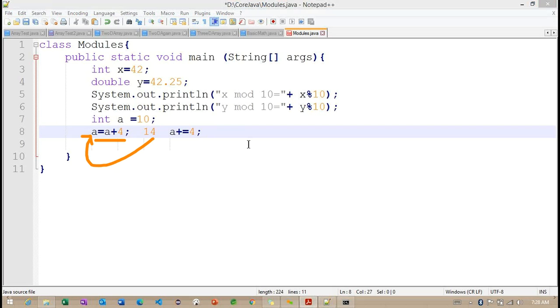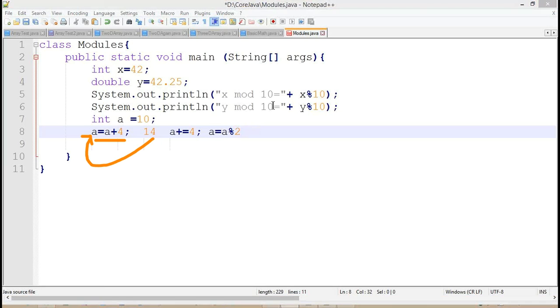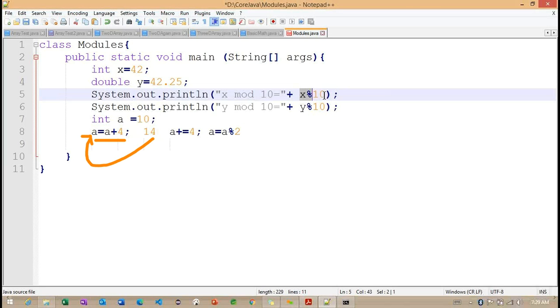Along with this, if you want to work with the modulus operators, a equals a mod 2. Getting the point? Similar to x mod of 10, here we define this expression in a compound form. So directly, if you are trying to print the value, we can go for this.